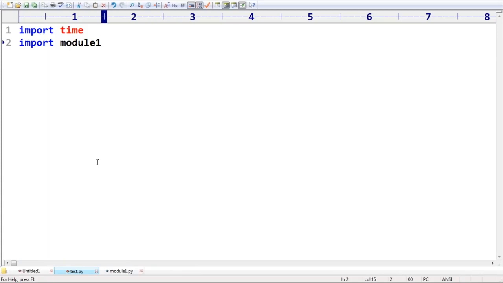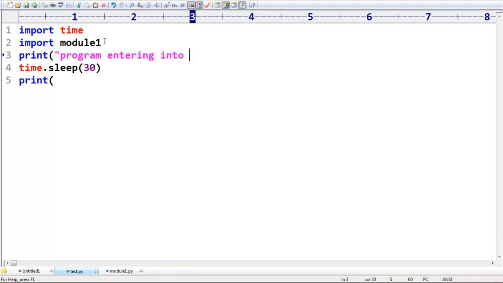Next, time.sleep, 30 seconds, assume almost half a minute. And after that, I'm taking a print. Here just observe: print, a program entering into sleeping state.